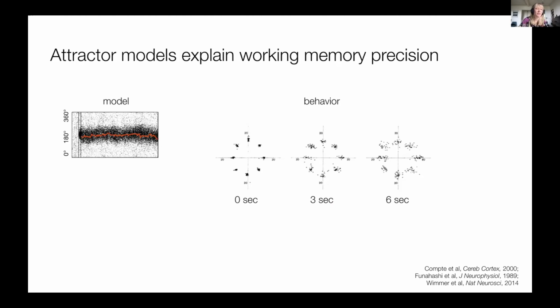So when we measure this in several trials, what we see is that the bump diffuses to some random location in each trial, to a different one, and the diffusion increases, or the spread of this cloud of locations increases, as the delay gets longer. So when we want to understand the behavior of the model at 0, 3, and 6 seconds, we just go to the specific time points and read out locations here.